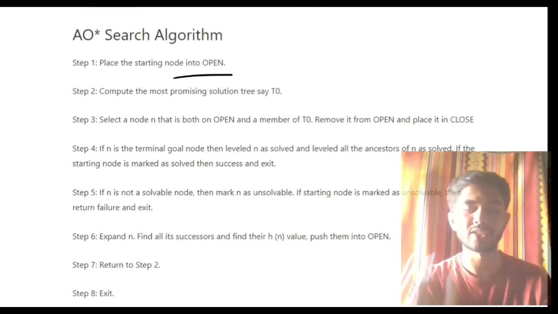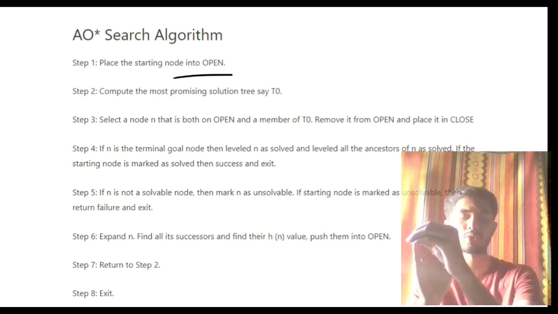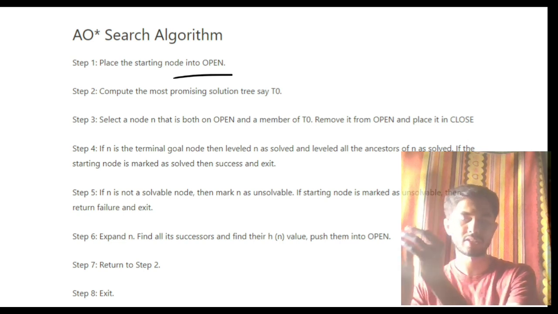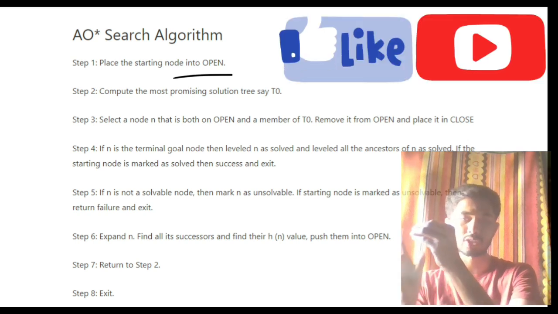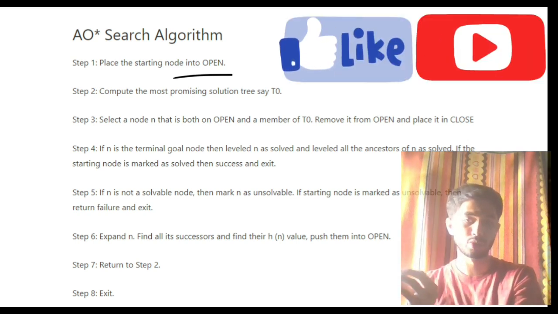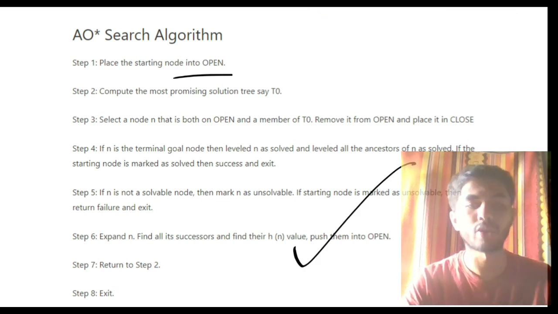The AO star algorithm is also a similar one. You'll be having a list, the open list, choose that node, and once you choose that node, remove it, it is closed, and see if there is an AND. If it is an AND, insert both of the next nodes. If it is just OR, just go through it, and once you consider an AND, consider both of those nodes separately, move ahead and find out the answer. If you want, you can go through it once, or else whatever I told you, you can write in your own words.